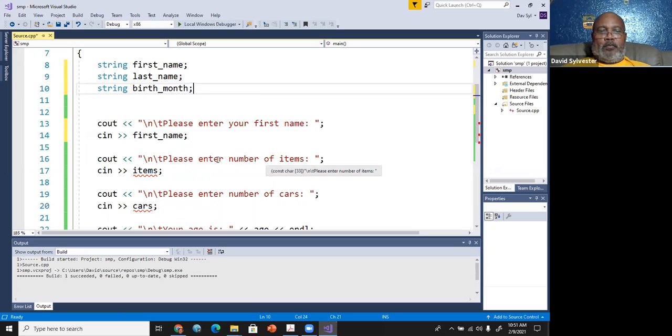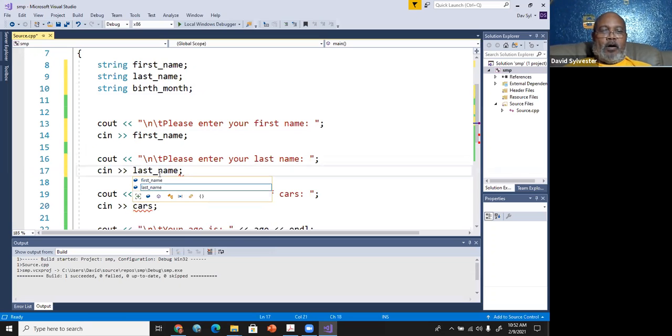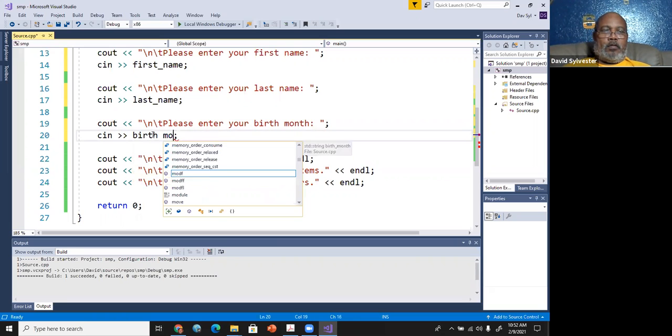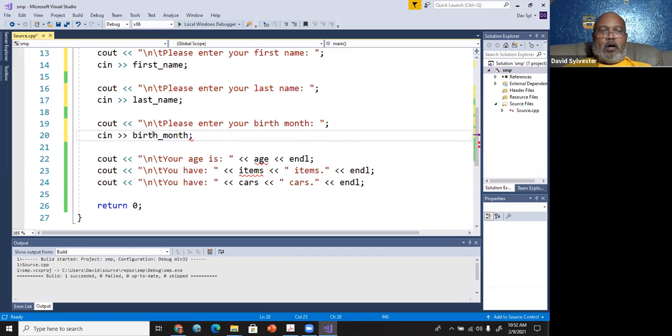Then please enter your last name. So obviously, if I say please enter last name, I'm going to prompt for what? Last name. All right? And then please enter your birth month. All right? So, birth month. But now look, now I have to output it in the proper way. Your age is, we're not dealing with age, okay? So I can output this information this way, or I can try to